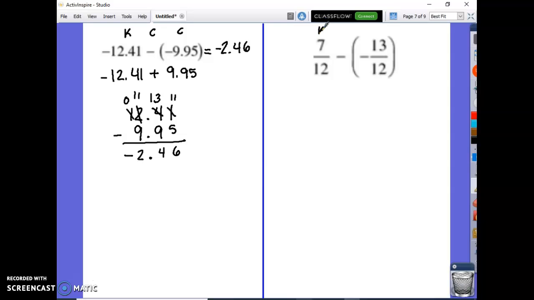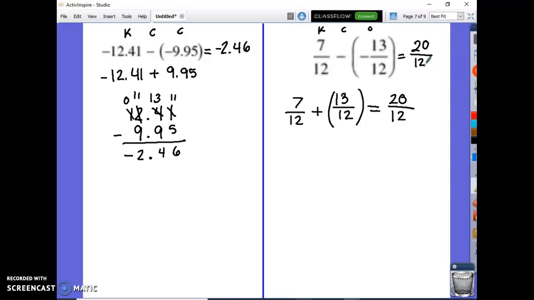Okay, subtracting fractions with common denominators. First thing, keep 7/12 the same, change that subtraction to an addition, change the sign on the second fraction to the opposite, so that's going to be 13/12. I don't need the parentheses, but it's there, so we'll work with it. So now we have common denominators, so we just have to add the numerators. 7 plus 13 is going to get us 20. And those were same sign, so we just add and keep the sign. Both signs were positive, so our answer is a positive